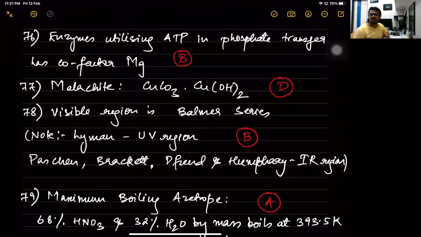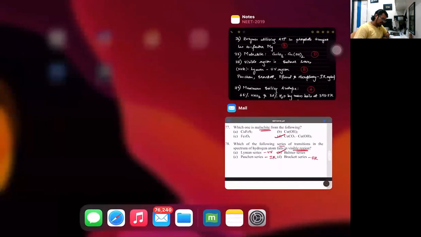Okay, so look at that. Visible is Balmer, Lyman is UV, Paschen, Brackett, Pfund, and Humphreys are all infrared. Now this was a very good question. Next one,